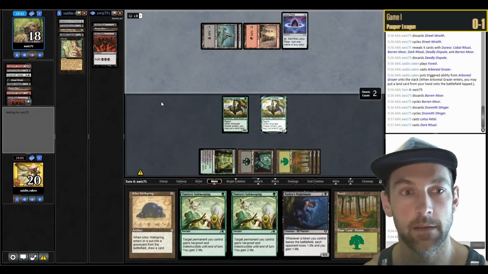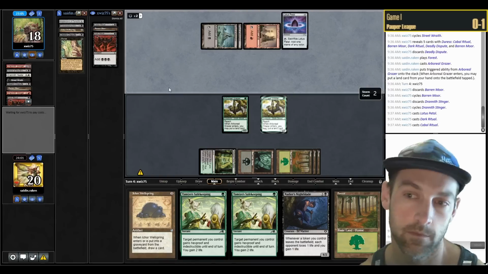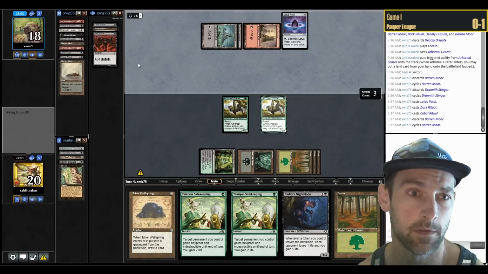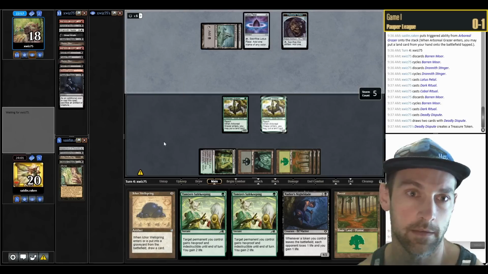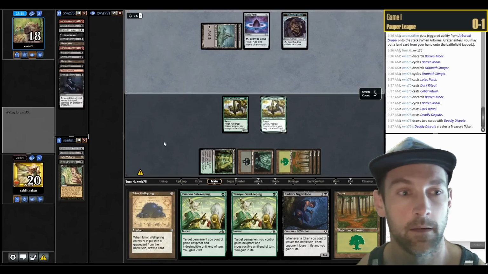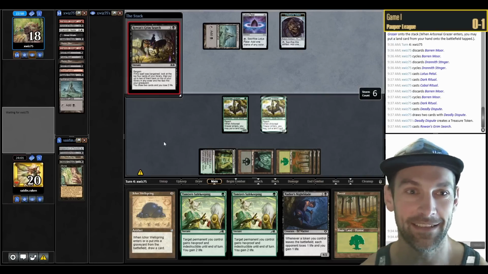They found a Lotus Petal. They're going Dark Ritual, Cabal Ritual. Are they going to Reaping for Storm 4, or just cycling? Okay, all that's in the graveyard. Deadly Dispute. They're just going for it. Hopefully they fizzled. They drew 2 blanks. So let's see if they...